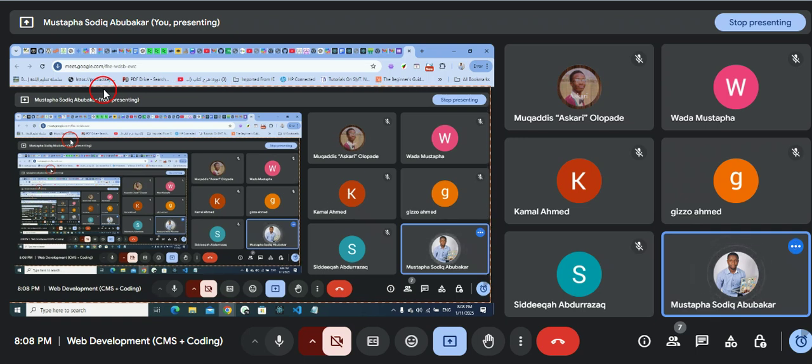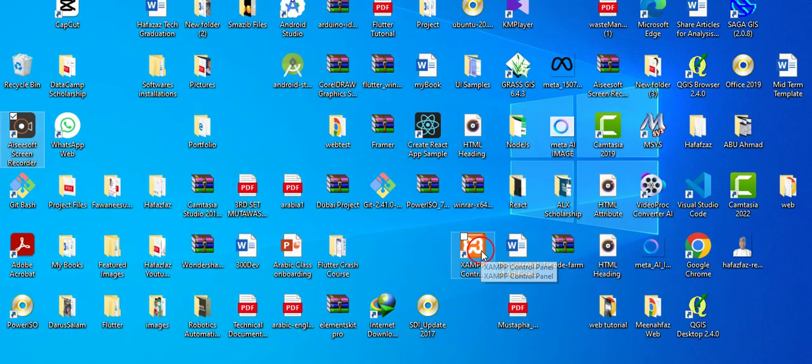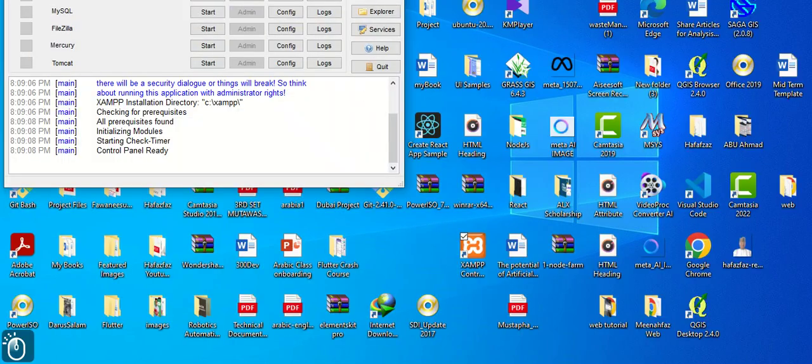So I told you the first thing that you have to have is your browser, which we already have, right? You have Google Chrome, you have Mozilla, UC browser, irrespective of any browser that you are using. Secondly, I have sent you the link of what we call Xamp. Xamp is like this. Let me show you one. This is our Xamp, right? If I open it, you are seeing, okay, this our Xamp.